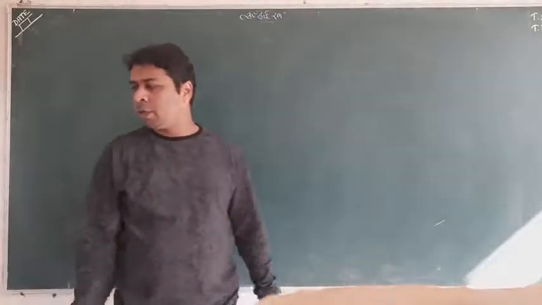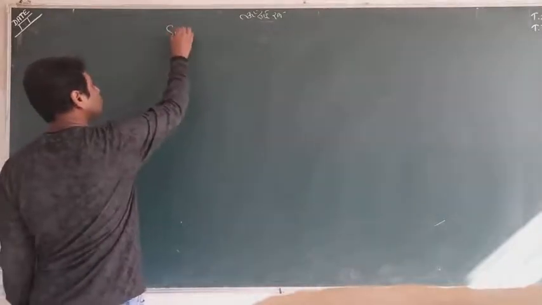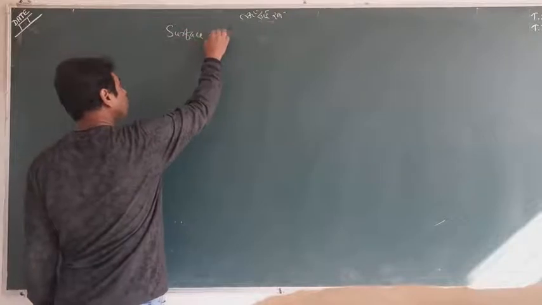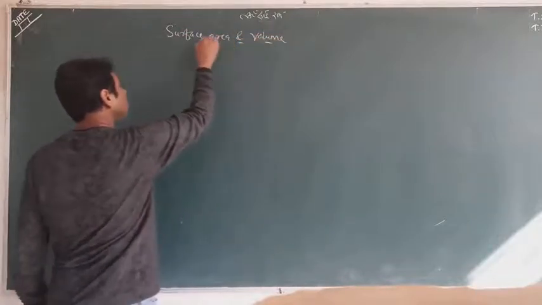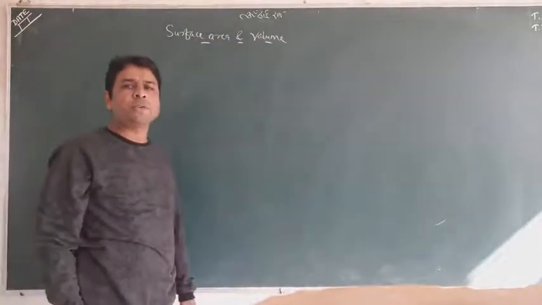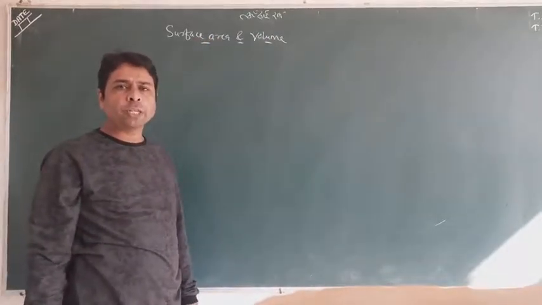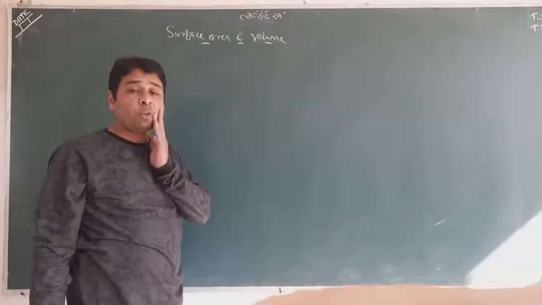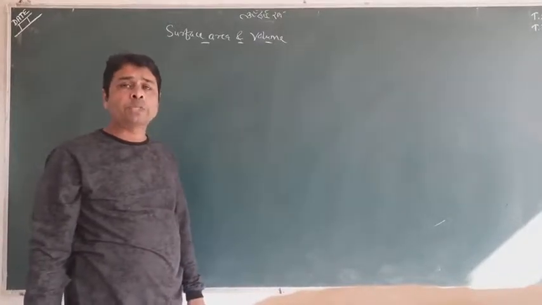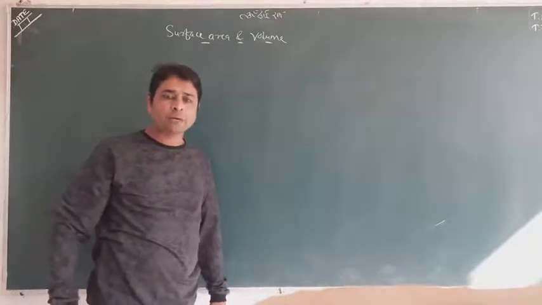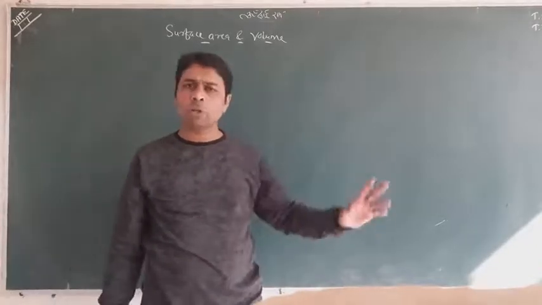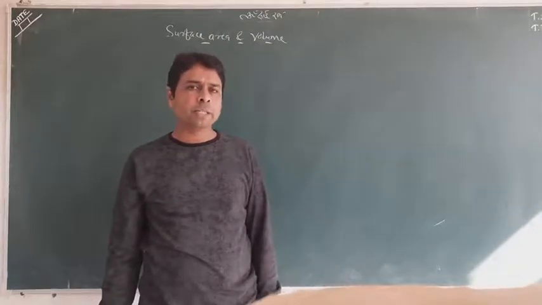Good morning students, today we will start a new topic, a new chapter: surface area and volume. We have two things, surface area and volume. In mensuration in class ninth, we already have lots of formulas about cylinder, cone, sphere, hemisphere and so on. You can recall the knowledge, take the book of class ninth and see the formulas.